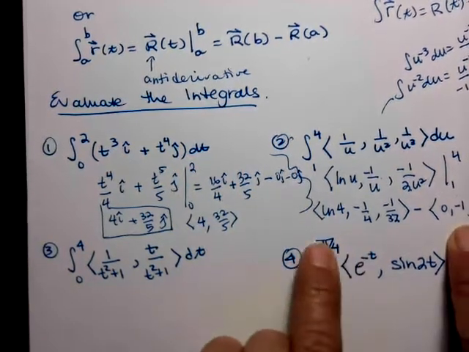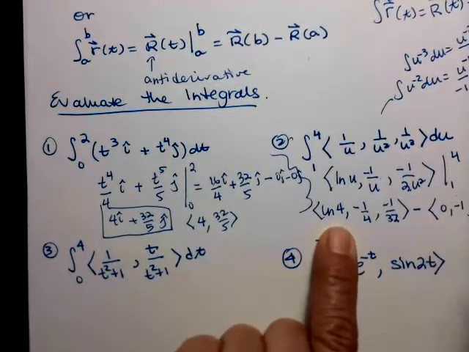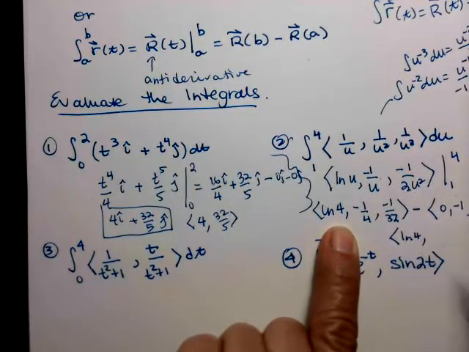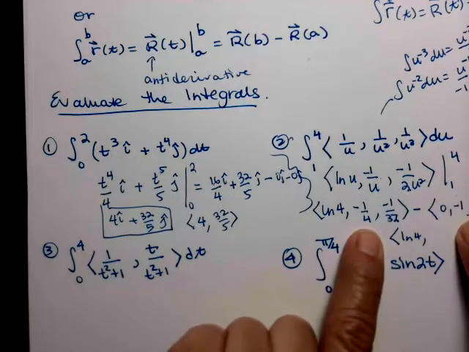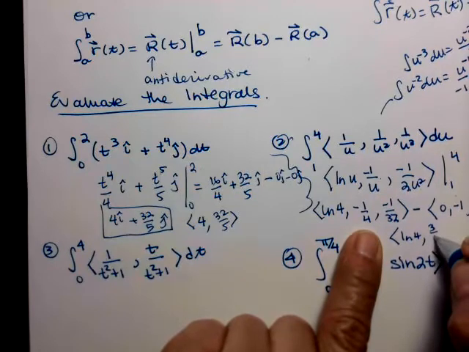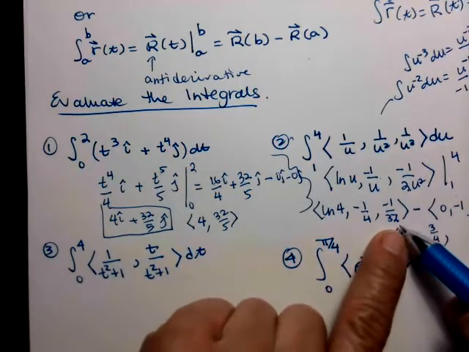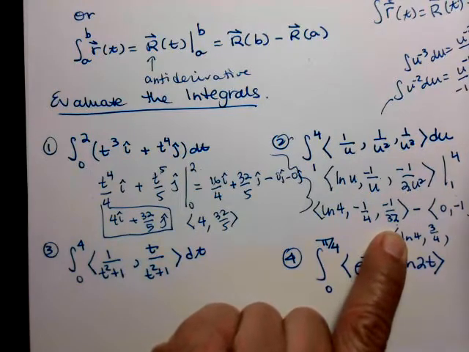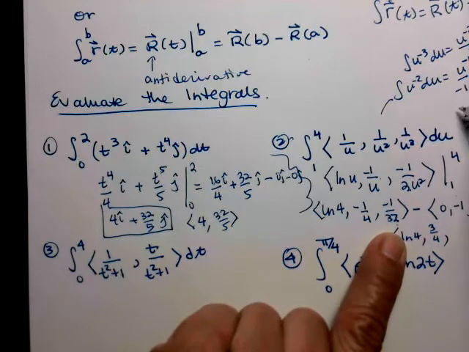Okay, and now we'll combine these. So natural log 4 minus 0, so I'm going to write my answer here. So I have natural log 4, comma, negative 1/4 minus negative 1, so that'll be plus 1, so 3/4. And then I have negative 1/32 minus negative 1/2, so that means I have 1/2 minus 1/32. Do a little math up here. What is that? 16, so 15